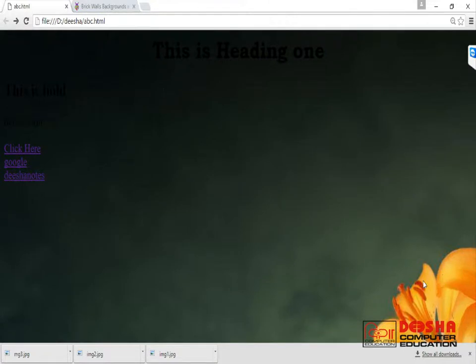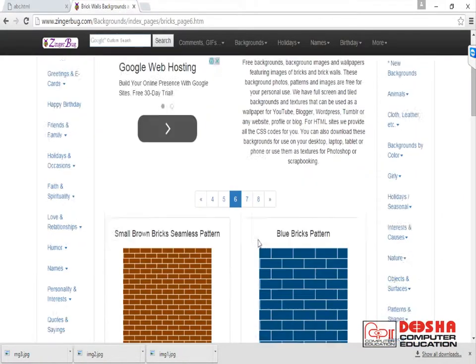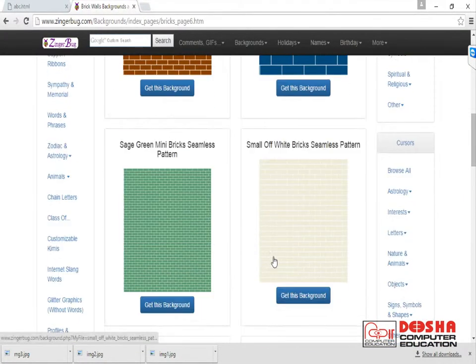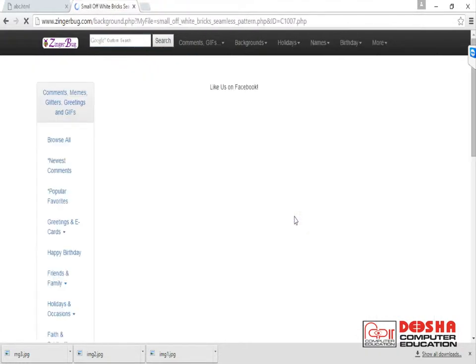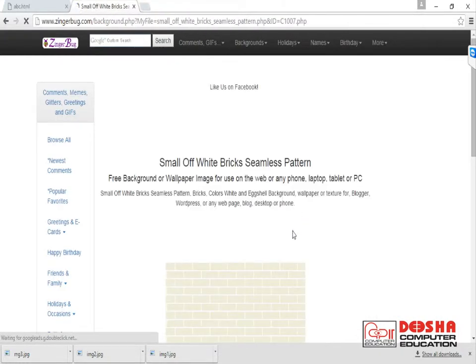This is a larger image, so actually this is out of screen. And because the contents are also less, I can see only some small part of the image. You can have some backgrounds like this also, some texture backgrounds you can use.